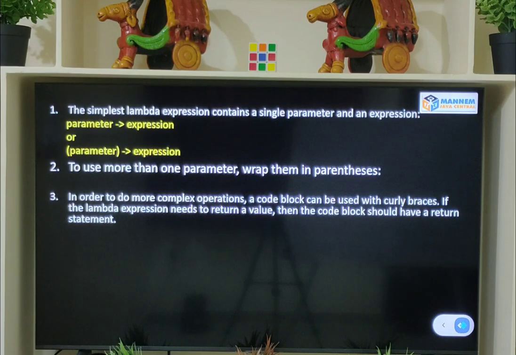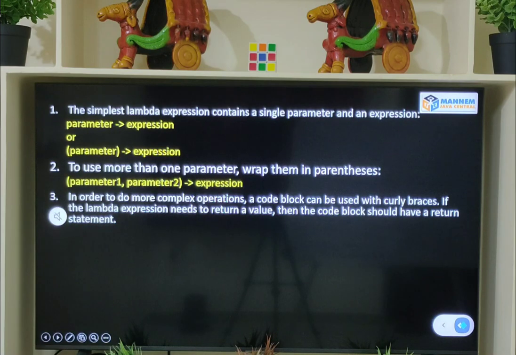The compiler will always accept it. But it is up to you whether you take the braces or remove them. But to use more than one parameter, you have to take those parameters in braces only. See here, I have two parameters and use those two parameters in the braces.